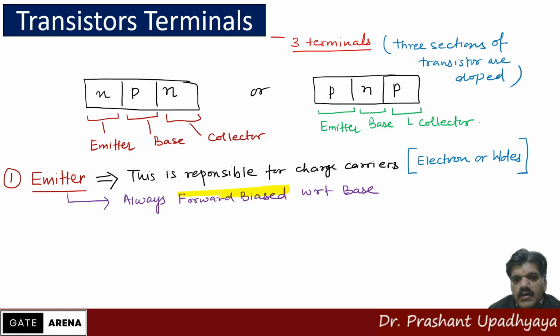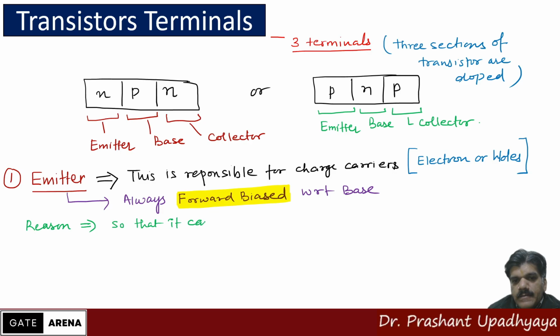Whether we are talking about the NPN transistor or the PNP transistor, the emitter will always be forward biased with respect to the base, and the reason for this is so that